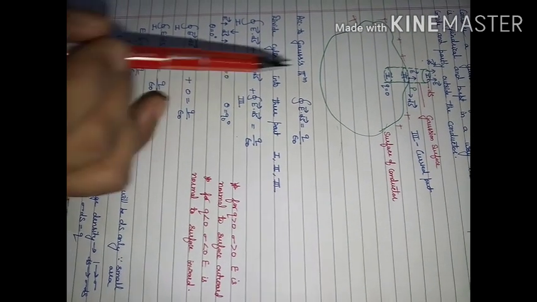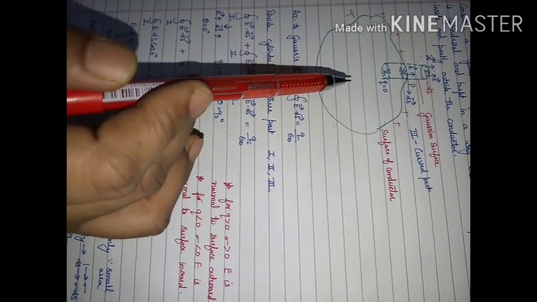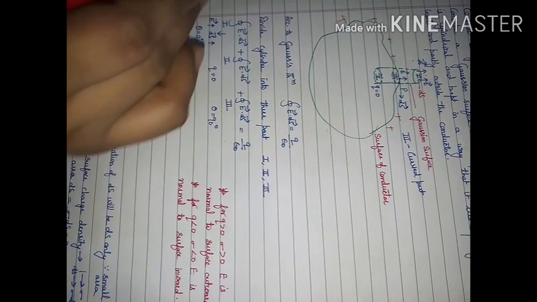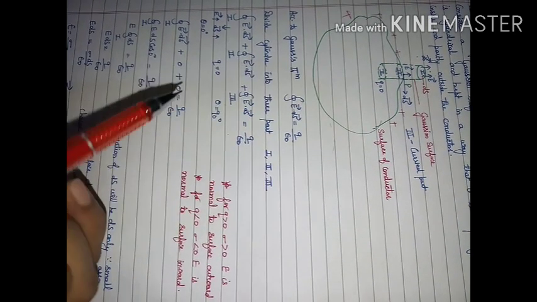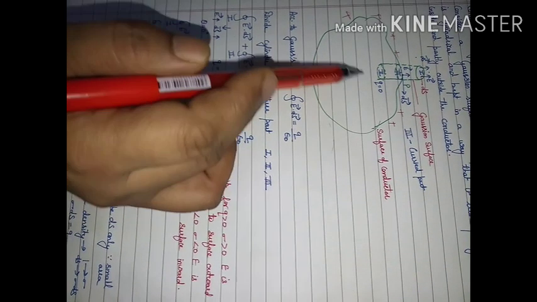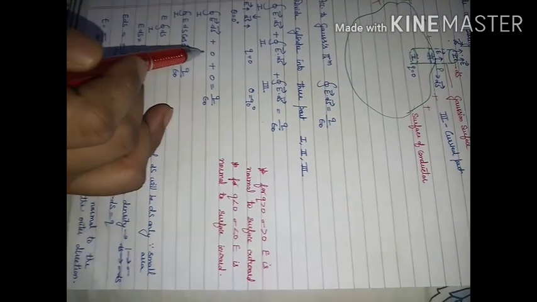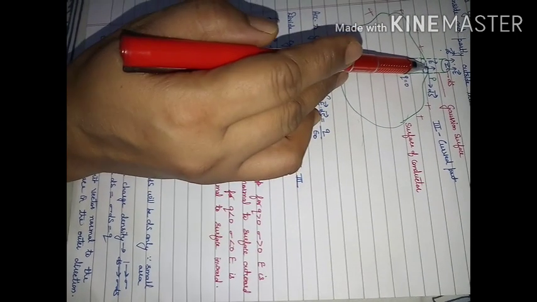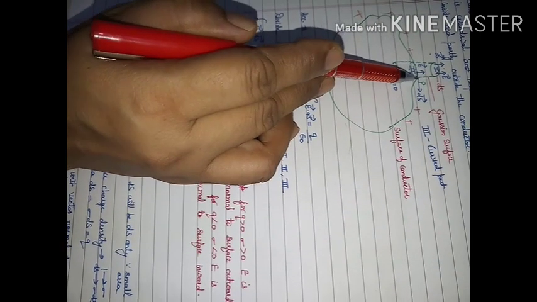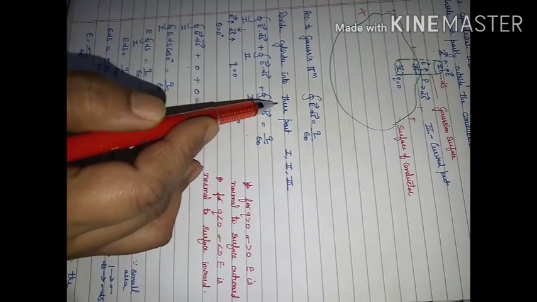For the second part, this lies in the conductor. So the electric field in the conductor will be 0. Charge in the conductor will also be 0; we have shown this property just now. When there is no charge inside, the electric field will also be 0, so the second term will also become 0. For the third, E will point in this direction and the area vector will point in this direction, so the angle will come out to be 90 degrees. When I put 90 here, this term will also come out to be 0.